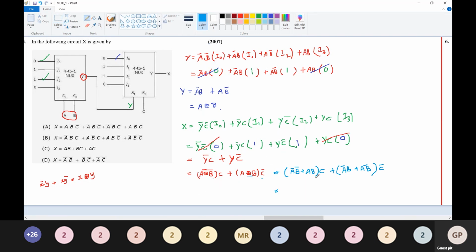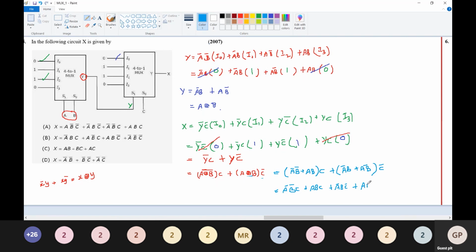So this multiply: A dash B dash C plus A B C plus A dash B C dash plus